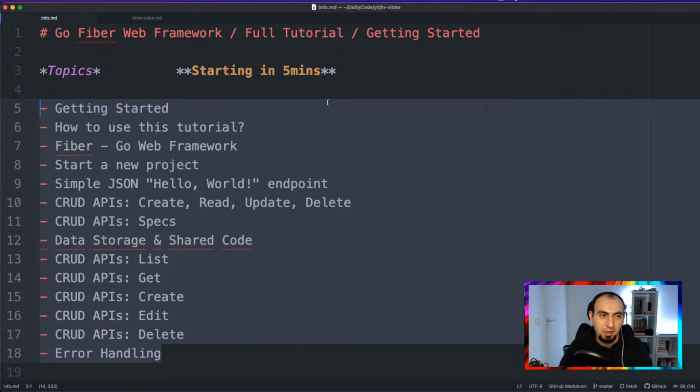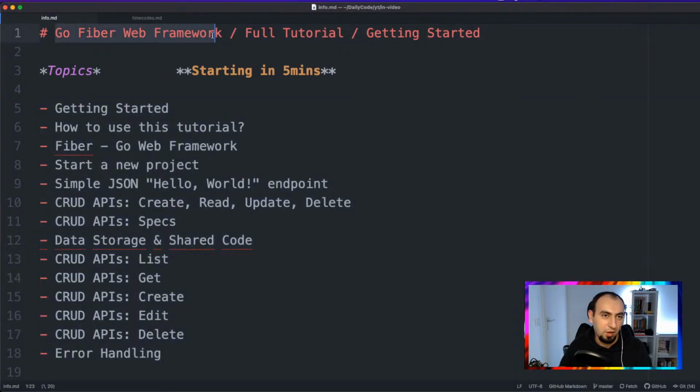Yeah, and the topic for today is the Go Fiber web framework. So basically in this one I will be going over it in more of a tutorial style. So we will be having step-by-step